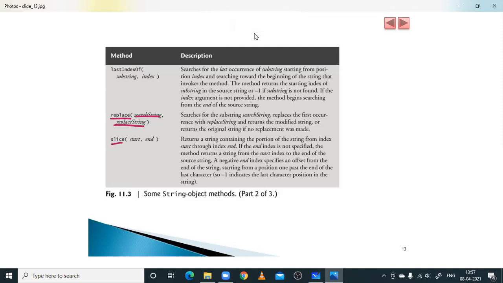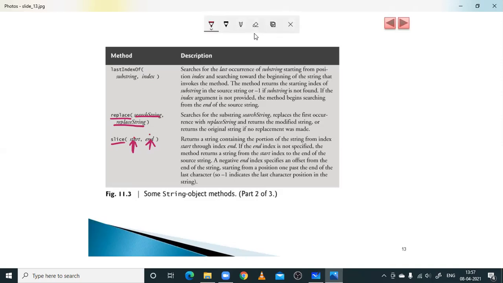And slice is nothing but giving some starting index where we can cut a particular string. It returns a string containing the portion of the string between the starting index and the ending index.